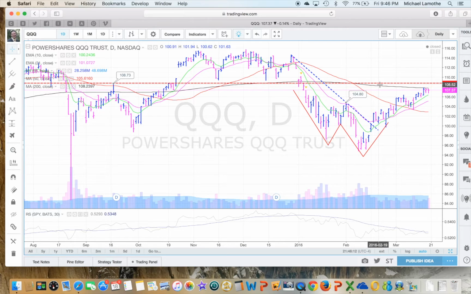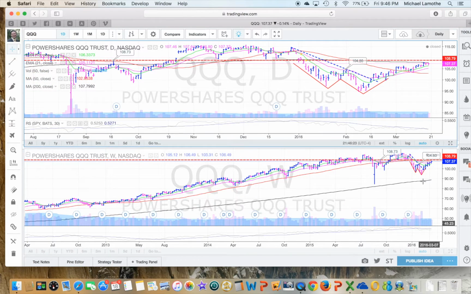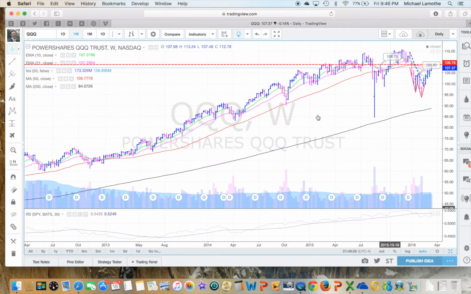So the question at hand is, does the QQQ have the mojo to keep on running? Or if we take a look at this weekly chart once again, is it forming a potentially giant head and shoulders with the right shoulder starting to form right over here? Well,